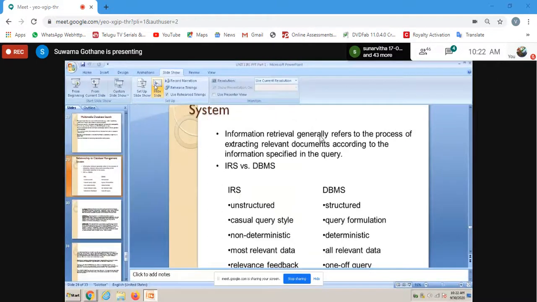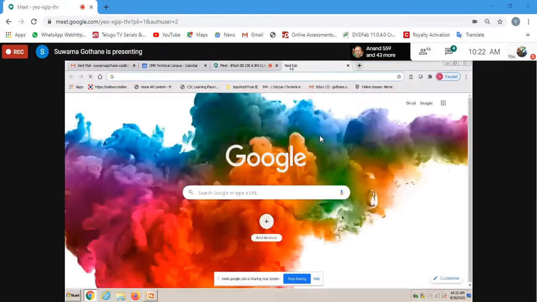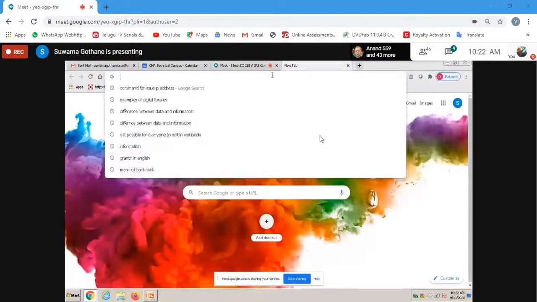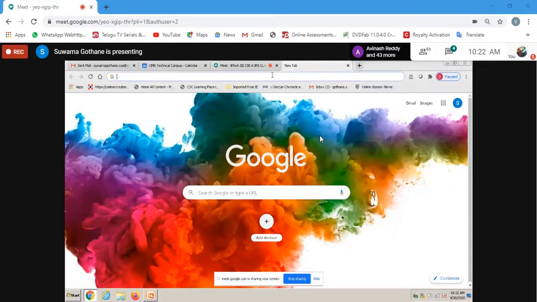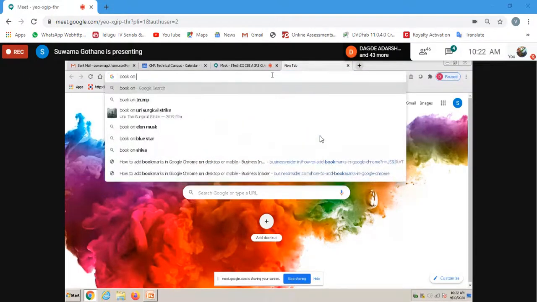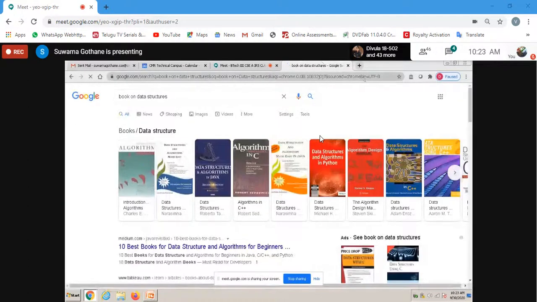So if you open the Google search engine here and search for any particular topic, then you can find any query you are interested in.